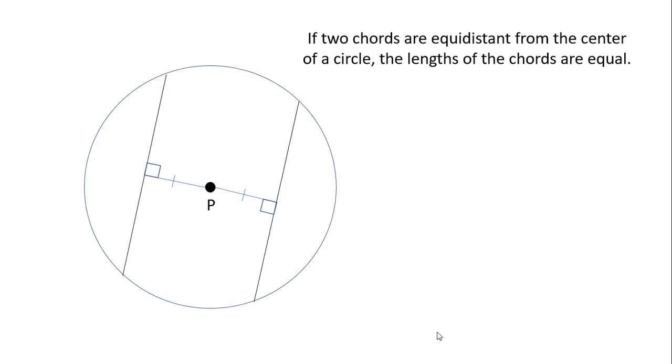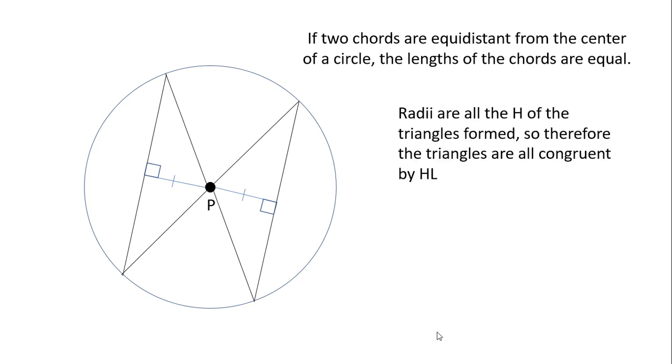All right, moving on to circles. Here we see that if two chords are equidistant from the center of a circle, the lengths of the chords are equal. So here we can see those radii put in. We made 4 triangles. These radii become the hypotenuse of all the triangles that are formed, and